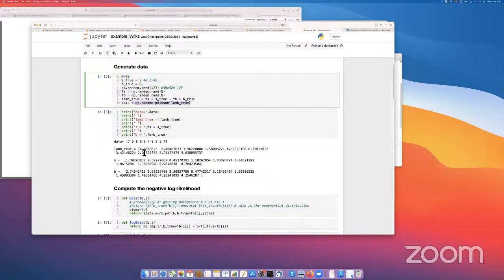Then this Poisson variable follows the expected value of the Poisson. I am assuming it is given by some, you remember yesterday when we were doing the shape analysis, that there were some fractions times some signal and some fraction of background times some background here. So imagine that these fractions are known, and I have these two parameters. And these two parameters, they are actually